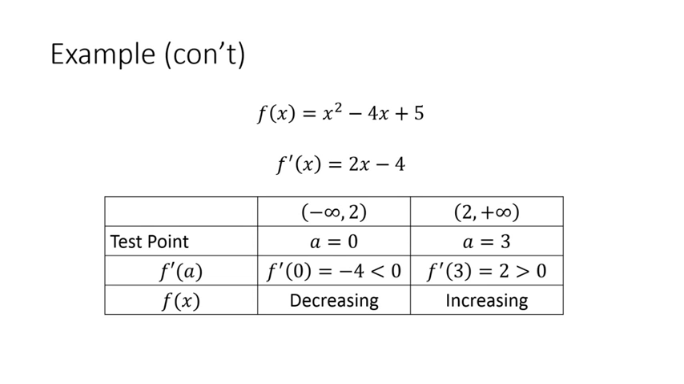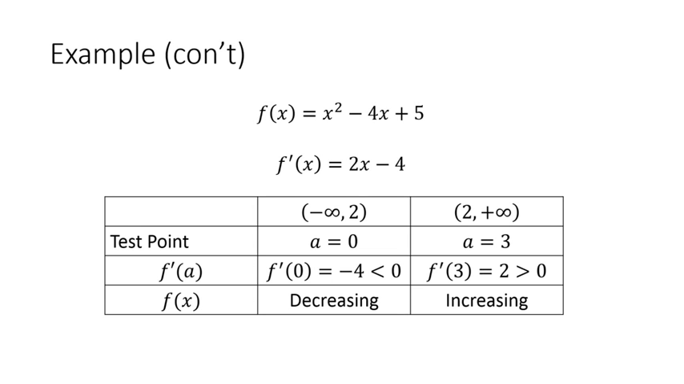So I check for the interval negative infinity to 2. I check x equals 0. The test point a equals 0, so I get negative 4. And I can conclude that because that's less than 0, the function must be decreasing on the interval negative infinity to 2. I then plug in the test point a equals 3 to test the interval 2 to positive infinity. When I plug 3 in, I get 6 minus 4 is equal to 2. I get a positive value, and so I can conclude that on the interval 2 to positive infinity, the function